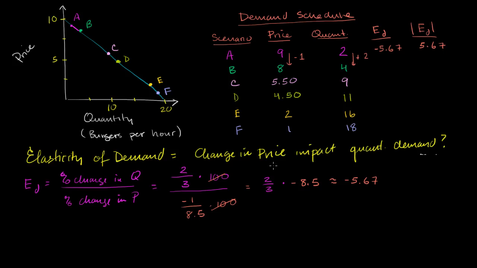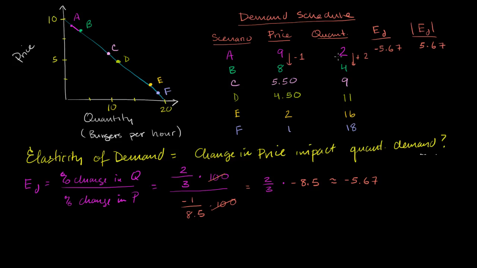And I'll leave it to you to verify for yourself that you'll get the same elasticity of demand using this technique where you use the average as your base, and the percentage going from 9 to 8 is the same as going from 8 to 9 in price, which is different than if you use the 9 as a base or the 8 as a base.